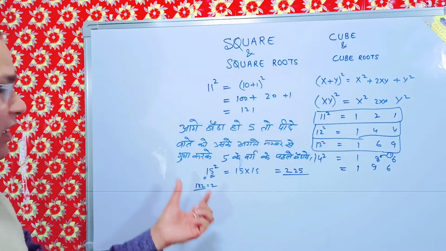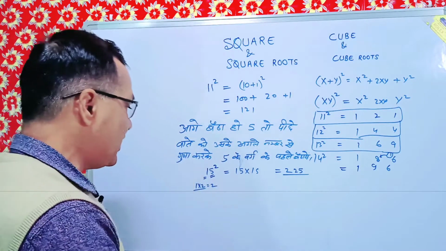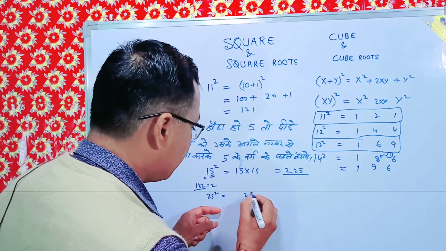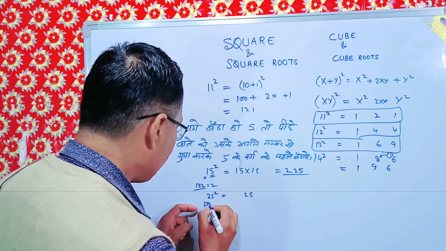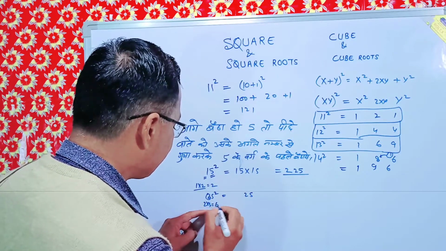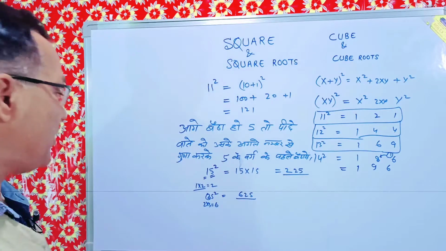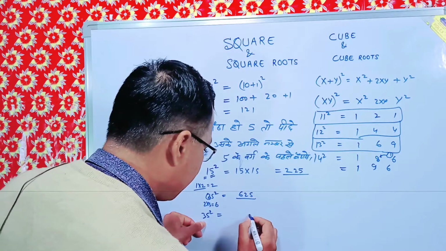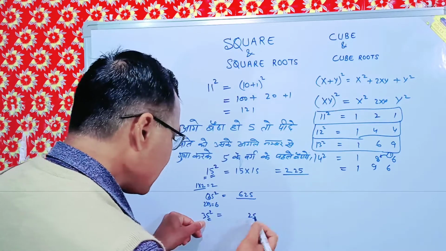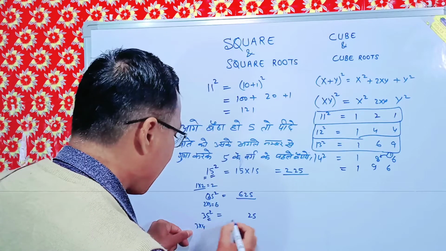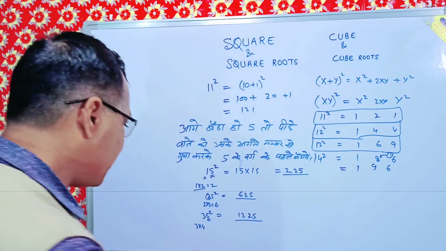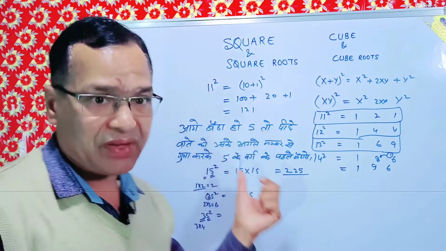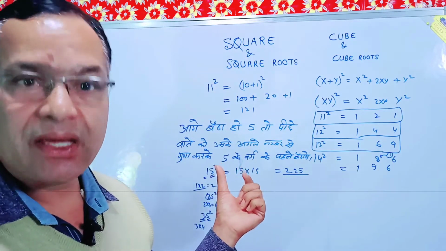In this fashion, in this formation, you take any number. Let me take 25. It will give me 25 and 2 into next number of 3, 6. Similarly, if I take 35 square, again it will give me 5 5s are 25, and 3 4s are 12. So that way we can find the square of numbers in which 5 is there.